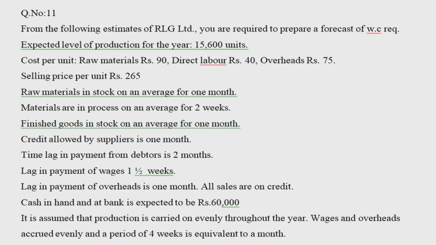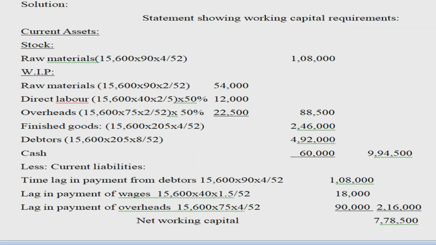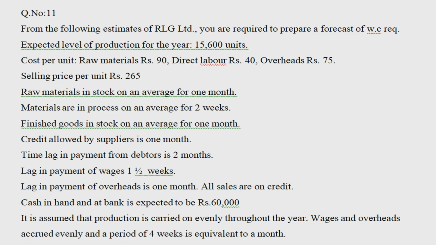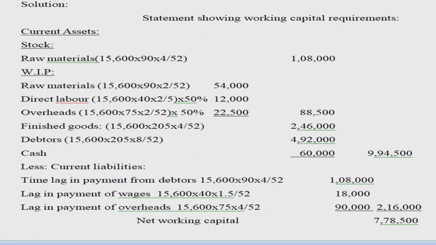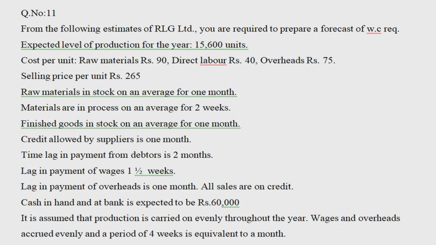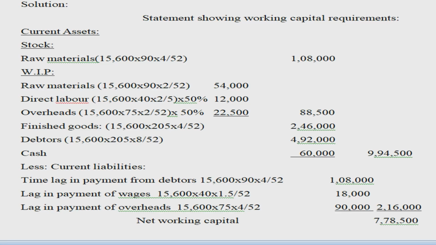Next, for the debtors, 15,600 into 205, same finished goods rupees 205 we have to consider, into how many weeks for the debtors they have given. Time lag in payment from debtors is given as 2 months. 2 months is nothing but 8 weeks. So 15,600 into 205 into 8 divided by 52, you will get 4,92,000. Next, for the cash in bank they have given 60,000. So we have to add 60,000. So total current assets you will be getting